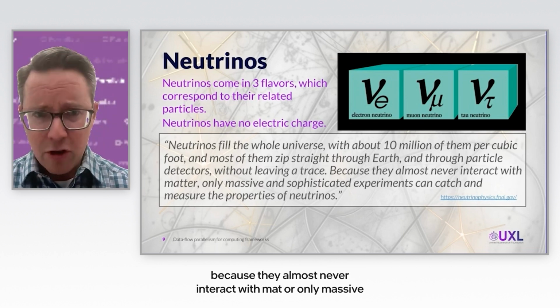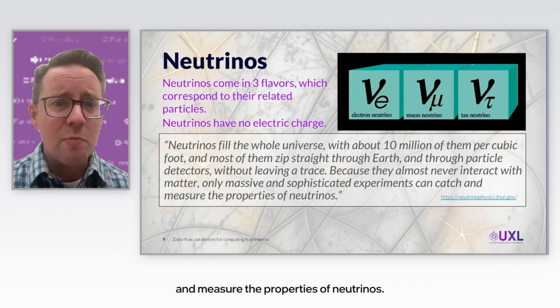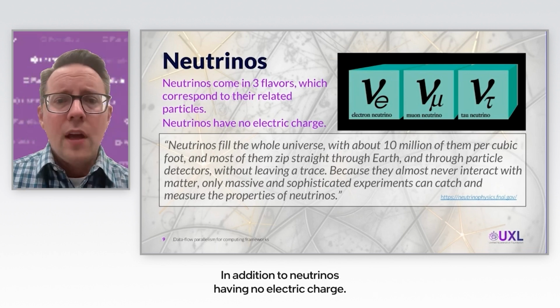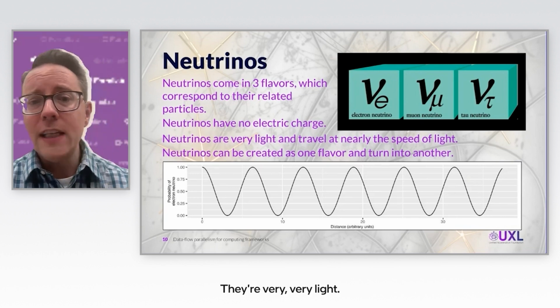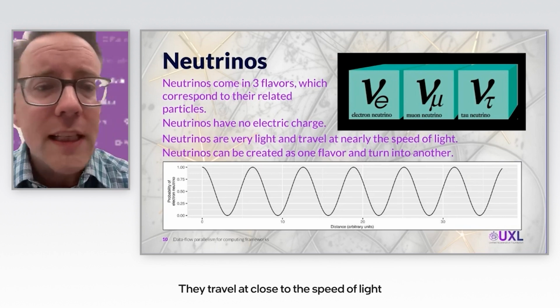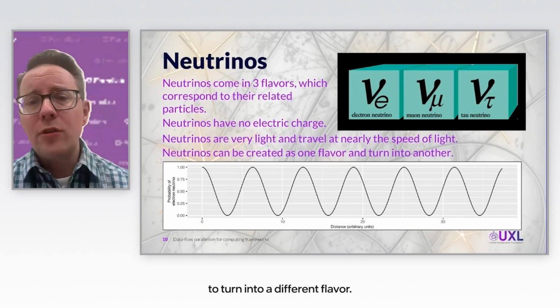Because they almost never interact with matter, only massive and sophisticated experiments can catch and measure the properties of neutrinos. In addition to neutrinos having no electric charge, they're very, very light. They travel at close to the speed of light, and it's possible for one neutrino to turn into a different